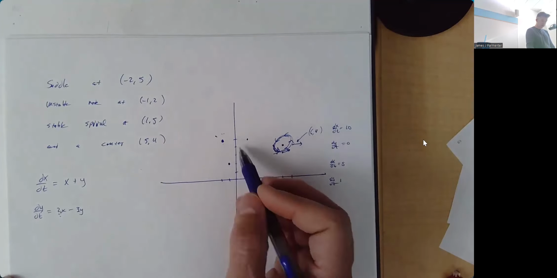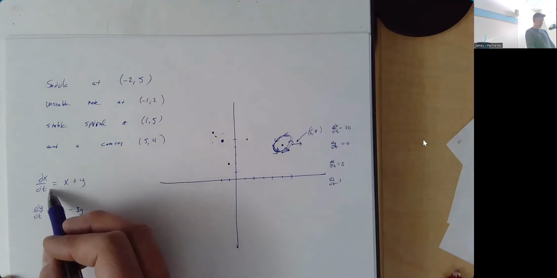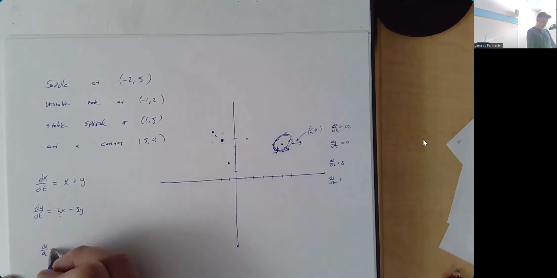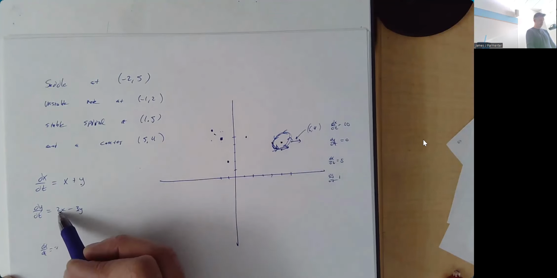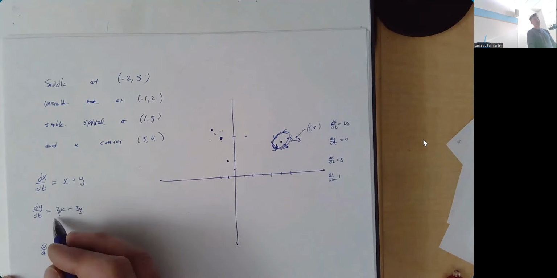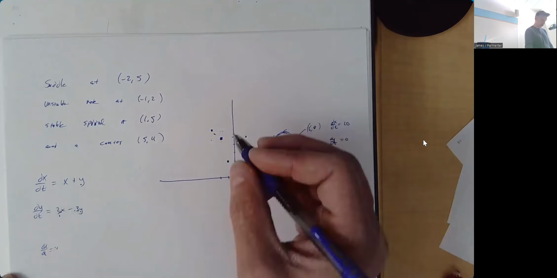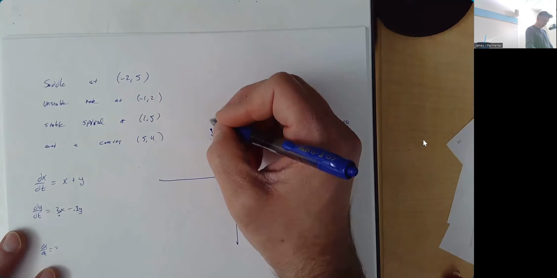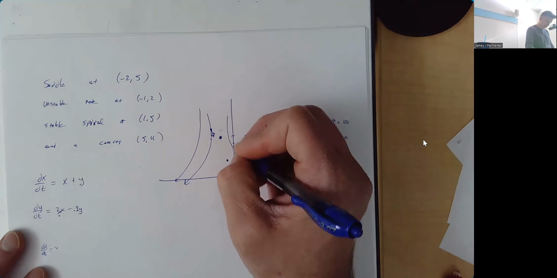But if it was, over here at negative 2, 5, I might pick negative 3, 6 and say, okay, well, at negative 3, 6, dx/dt is 3, so I'm going to be going right. And dy/dt is, what's negative 3, 6? I'm meaning negative 6 minus 18, so very negative. Like negative, I don't know, 24 maybe? Sure, negative 24. So we're going right and very down. So it looks like we're kind of going that way. So I would imagine that we're probably doing something like this, at least in the vicinity of that